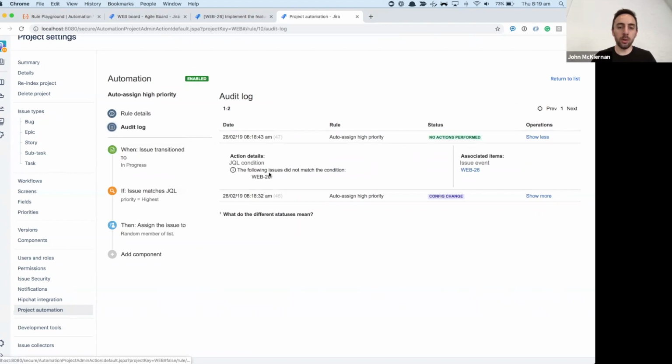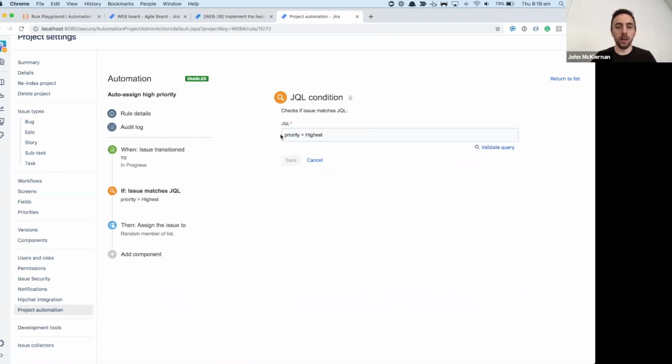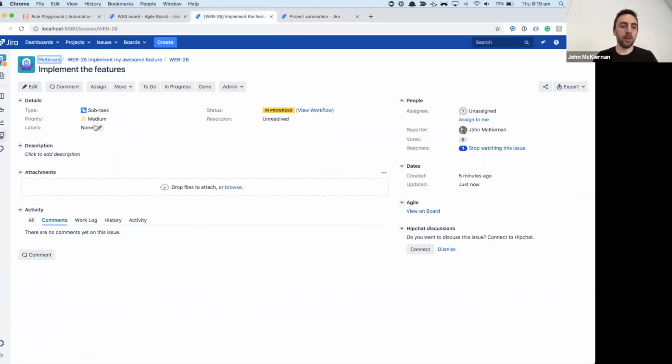However, our jaql condition did not match, right? So if I click through to this condition, you can see here that, well, that issue is not the highest priority. So let's go ahead and fix that up and try it again. So let's change this to the highest priority, move the issue back to to-do, and then jump back to in